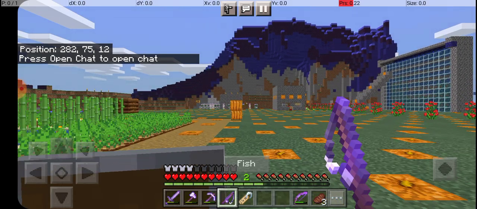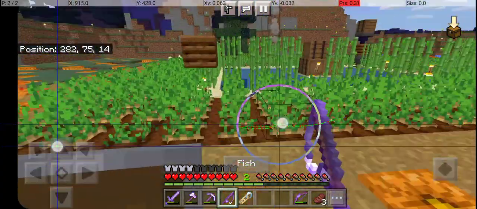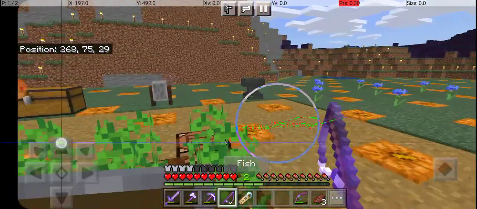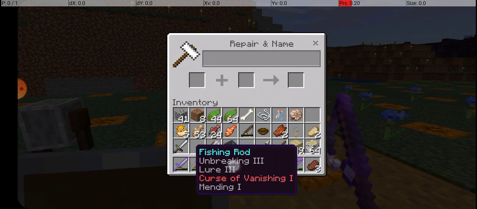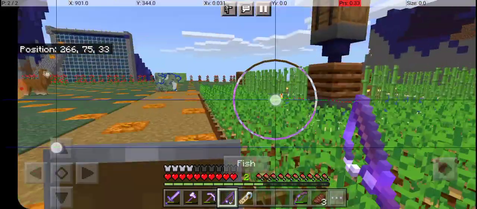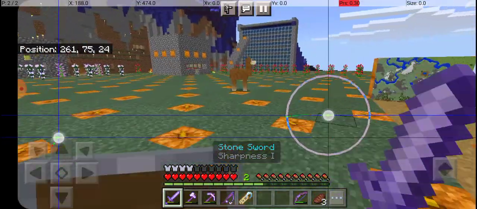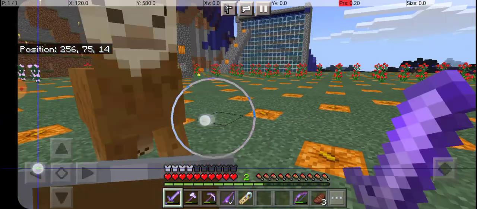So yeah, the fishing rod that I just got, that I merged at the anvil with my Curse of Vanishing fishing rod, the two fishing rods merged together. The Curse of Vanishing, of course, cannot level up. It is automatically maxed at level 1, as is Mending. However, the Mending is very useful, as it allows me to make use of the...